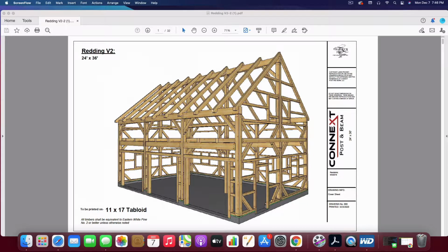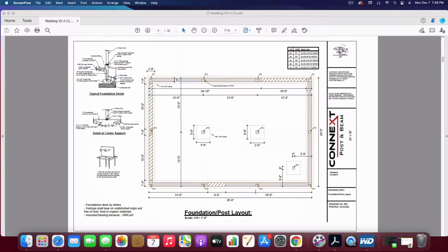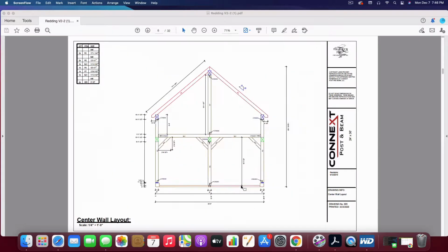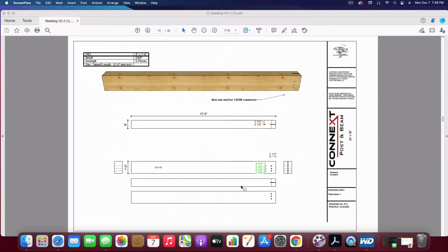24 by 36 two-story barn with 3 overhead doors, obviously an assortment of windows and 1 pedestrian door. So this is where I'm getting all of the slots and cuts and all that sort of thing that I'm doing in the live videos. I'll kind of walk you through this. So it's a typical blueprint for more or less, and then when you get to here it shows you the